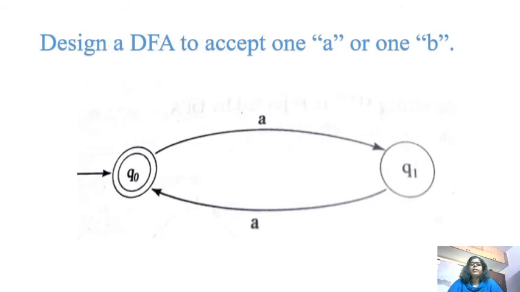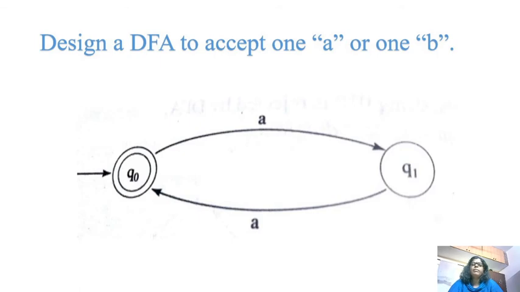Design a DFA that accepts 1 A or 1 B. A or B. Okay. So, 1 A first. Q0 is the start state and also an end state. Do you look at this diagram? The start state is marked with an arrow and the end state with a double circle. So, here